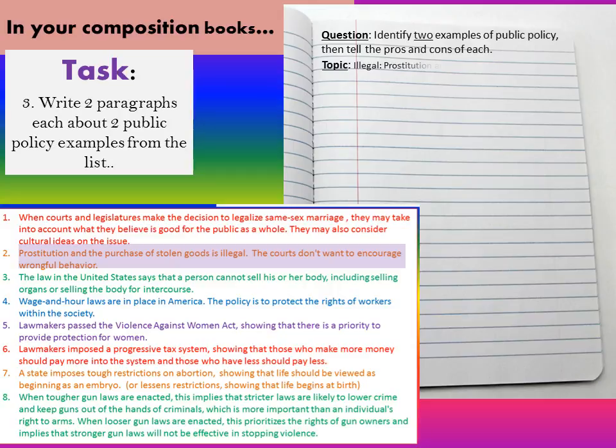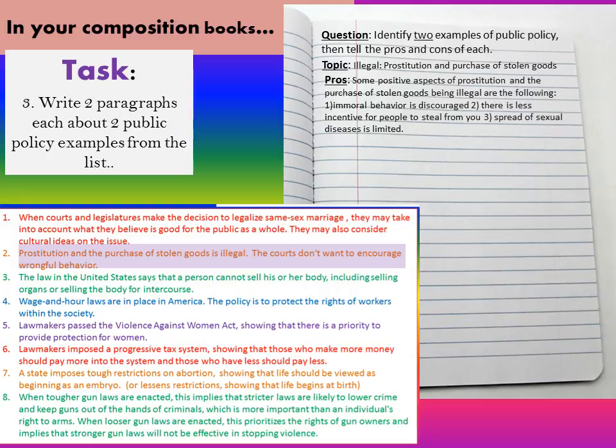Okay. So the next thing you need to do is, under the question, write the topic. The topic for mine is illegal prostitution and purchase of stolen goods. If you want to talk about abortion, choose: do you want to talk about it being illegal or legal? So you can put legal abortion, then write the cons of legal abortion and the pros of legal abortion. So this is going to change for your specific purpose. Okay,